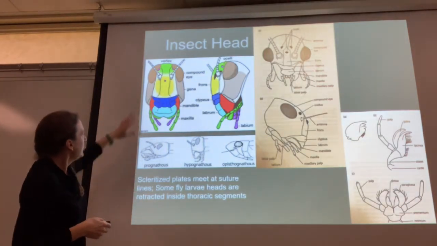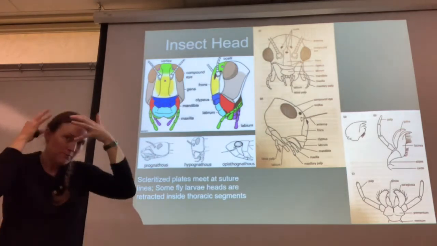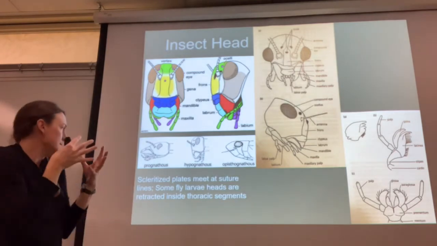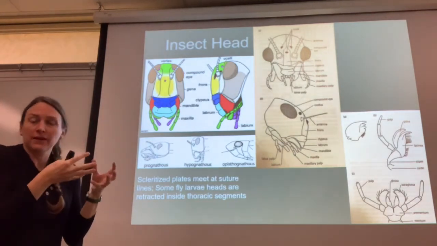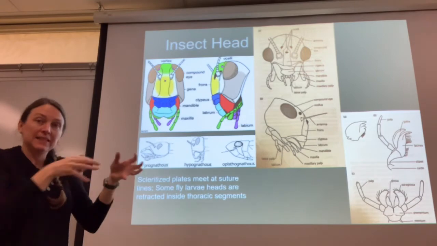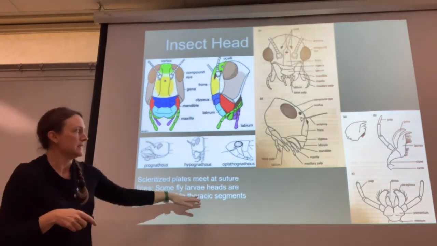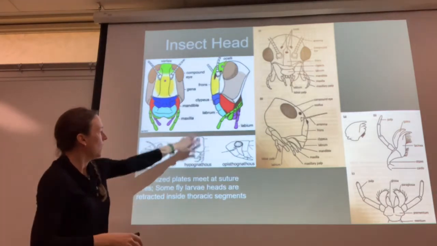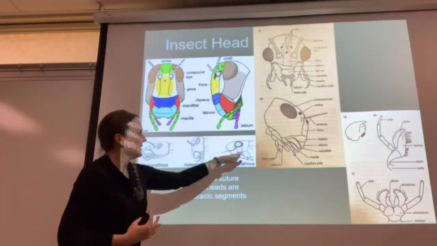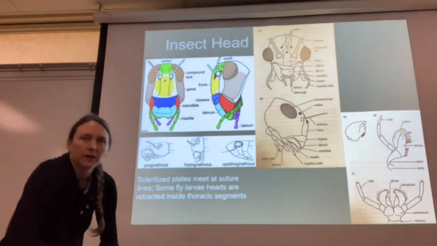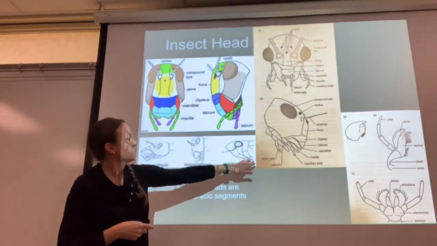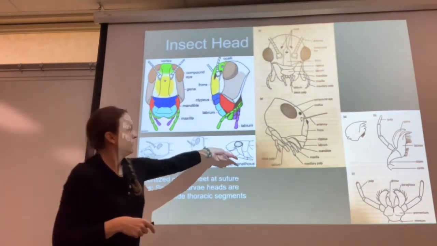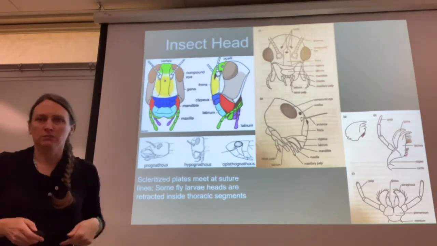And the head is formed from sclerotized plates that meet at these suture lines. Some fly larvae heads actually don't look like they have heads at all, and their heads are retracted inside their thoracic segments. Other heads stick out straight or are kind of up and down, and some heads kind of wrap underneath the body, okay? A lot of organisms with kind of sucking, probing mouth parts kind of flip out and puncture organisms